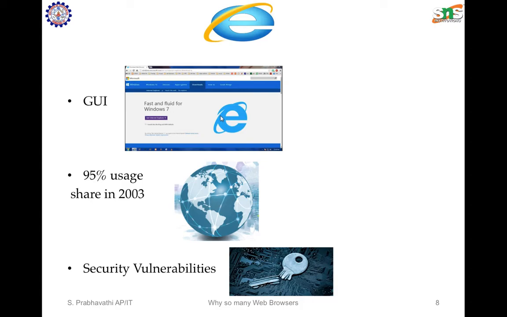And coming to security vulnerabilities, IE has been subjected to many security vulnerabilities and concerns such as spyware, adware, and computer viruses across the internet. A number of security flaws affecting IE originated not in the browser itself but in its add-ons, mainly ActiveX components. More than 100 vulnerabilities in standard Microsoft ActiveX components have been found.